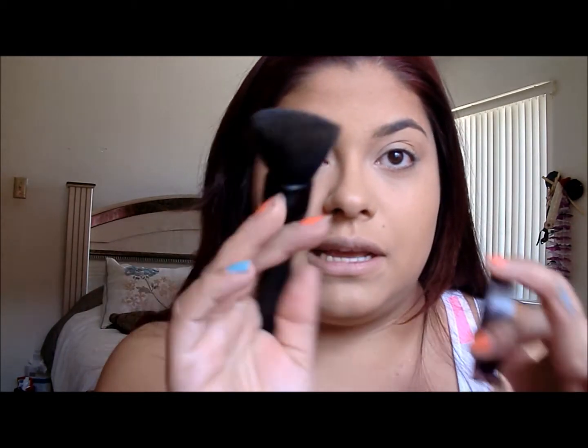So I'm going to use my e.l.f. powder brush, the one that's like a flat top, and I'm just going to take a little bit onto the edge, tap off the excess, and I'm just going to